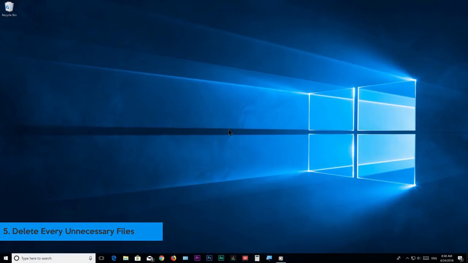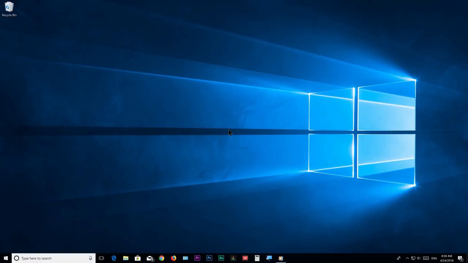Step number 5. Delete every unnecessary file. This is a way to free up some hard drive space and reduce some system load. We can call it a cleaning process if you want, but we're not using any tools to do it, because most third-party tools themselves cause slower system performance for a variety of reasons. We have to do a couple of things here, so let's start by cleaning the